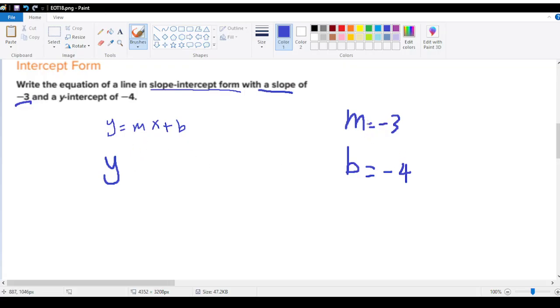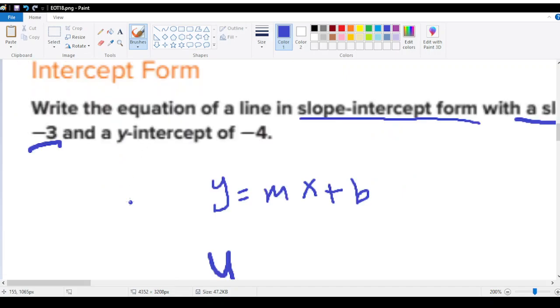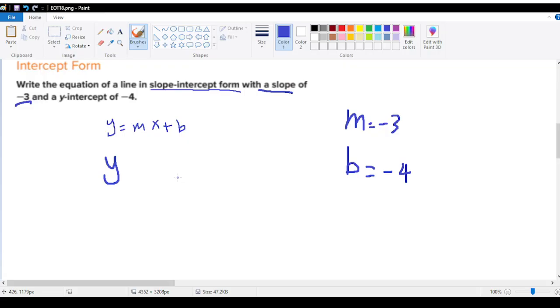We are going to replace them here. So minus 3 and minus 4. So y equals -3x plus, in brackets, -4. So at the last it's minus 4. So this is the solution for this example. Is it hard or easy? It's very easy. Yeah, super easy. So you'll have to solve this